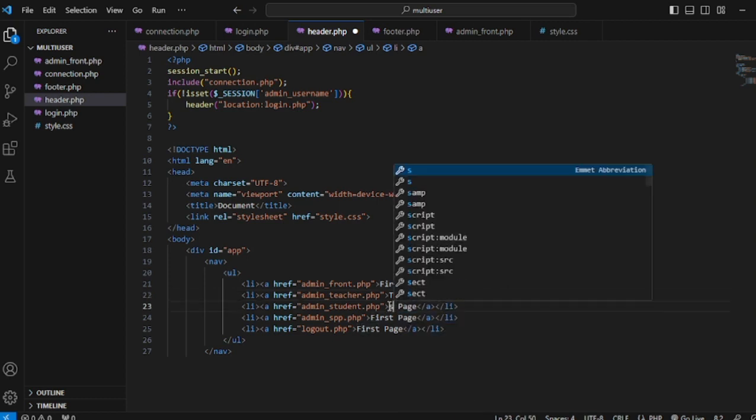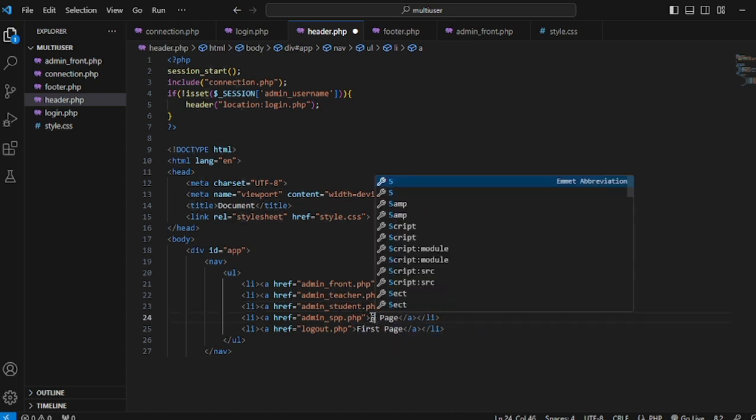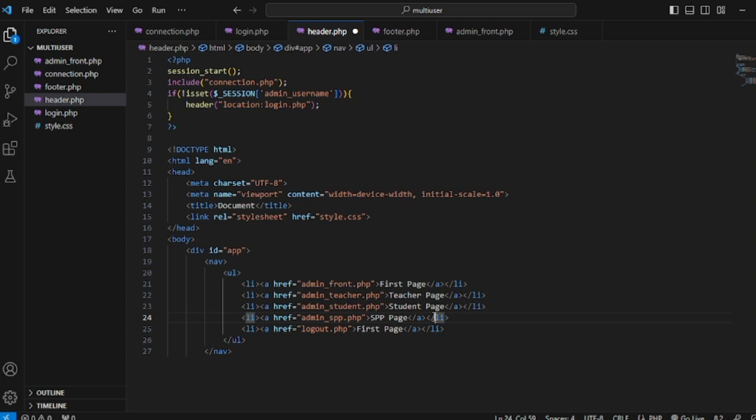It's student, and it's SPP like this, and this is for logout, and control save, and then we go to style.css,